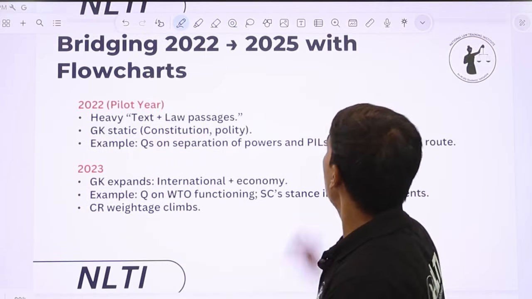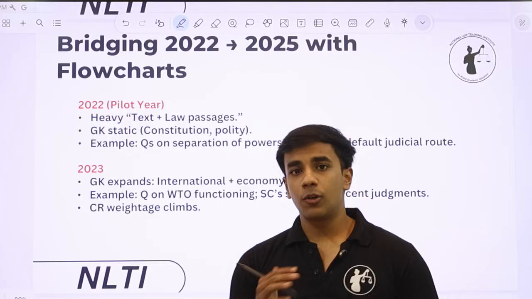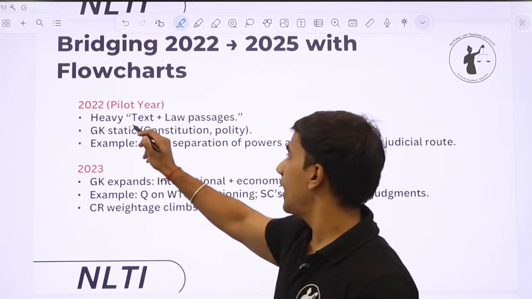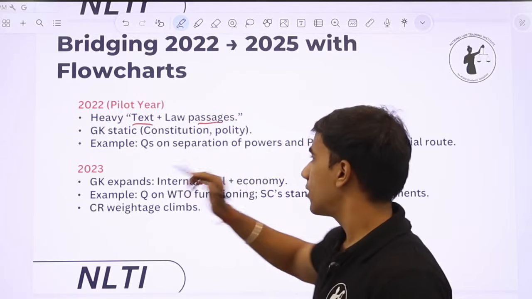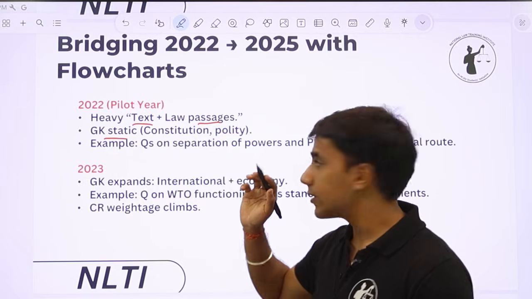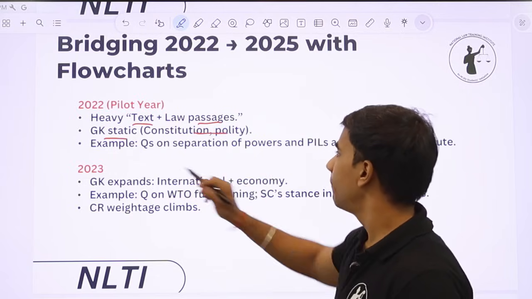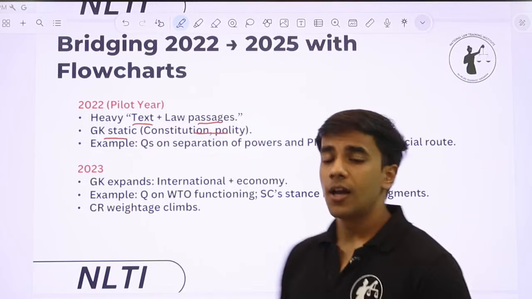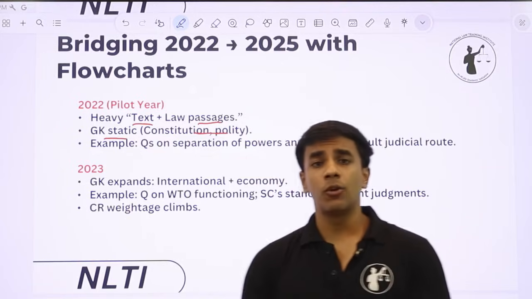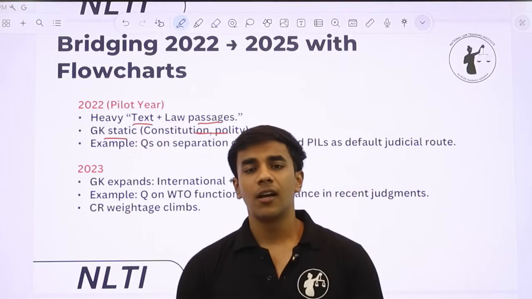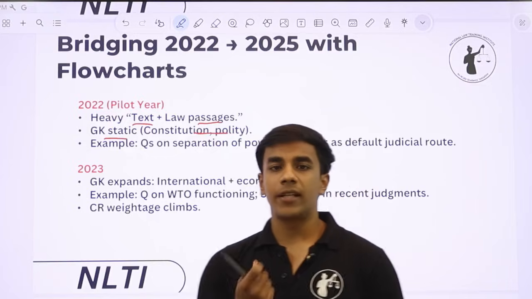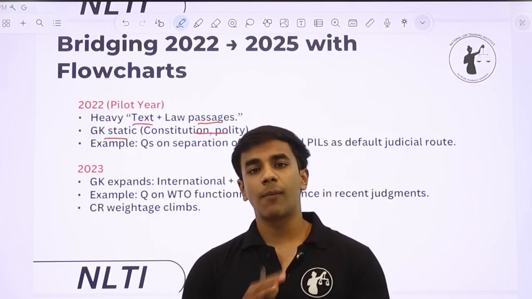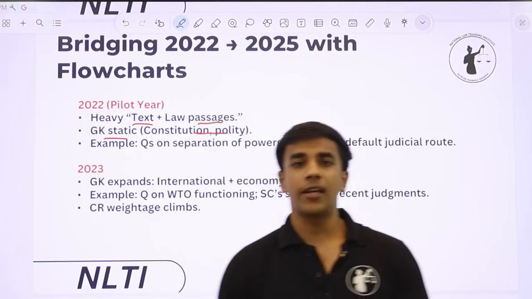Now bridging 22-25. So again 22 में क्या हुआ था? There was very heavy text plus law passages. Static GK was asked based on constitution and polity. Questions on separation of powers, PIL as default judicial route. So, as I've told you, very similar to CLAT. बहुत ही focus था आपको text में, heavy reading में, कि आपको core critical reasoning concepts आने चाहिए and also